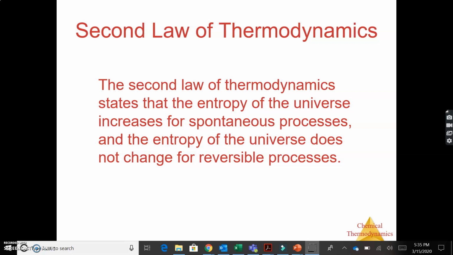So looking at entropy, you can also think of it as chaos or disorder. And so the more motion we have, the more chaos we have, the more disorder we have. And so for spontaneous processes, the entropy of the universe will go up. It's a positive value. And remember, we talked that spontaneous processes are processes that occur without any outside intervention. And so remember, spontaneous processes, it doesn't matter how fast or how slow they occur, just that they occur without